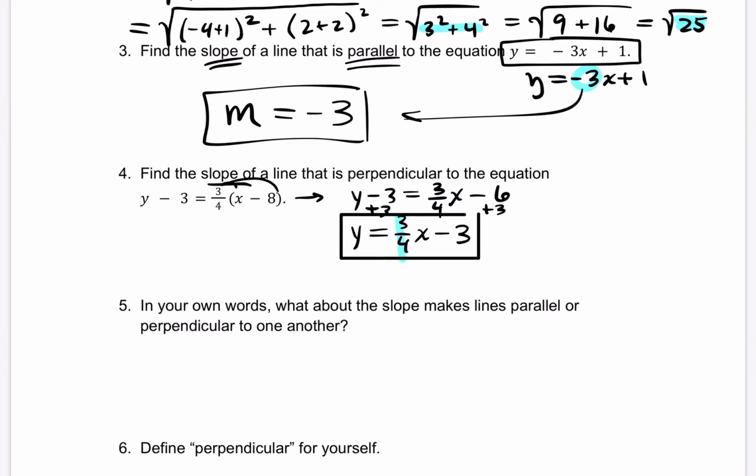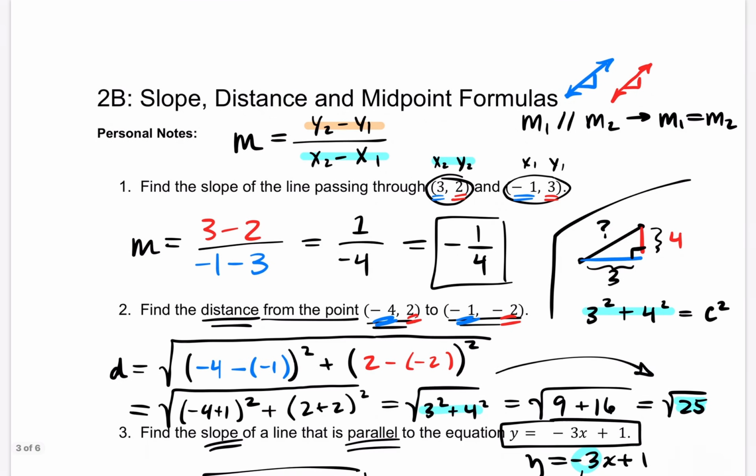Now, you may have known earlier, if you saw that 3/4 was the slope earlier, that's okay. All we really need to know is to make a perpendicular slope. So, up here, another good thing to write is that when slopes are perpendicular to each other, this means that one is the negative reciprocal of the other, that we've talked about. So here, these lines, like this blue line, if I had to change this much and then this much to make the slope for this line, then if I wanted to make a perpendicular line,